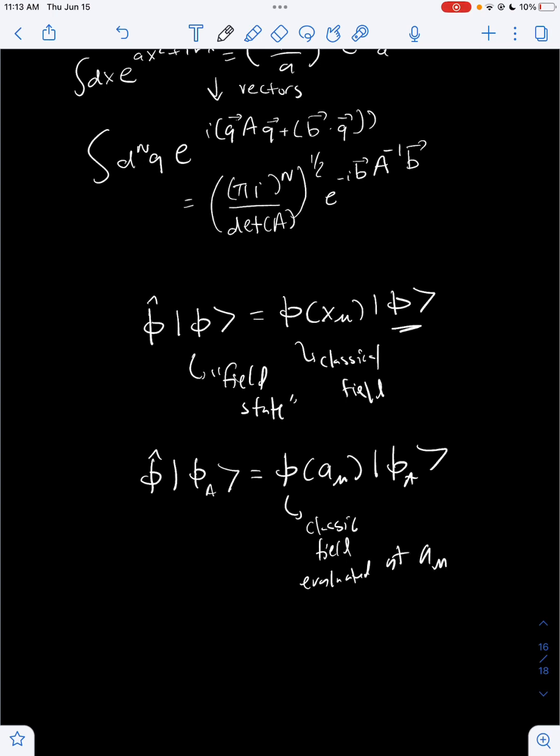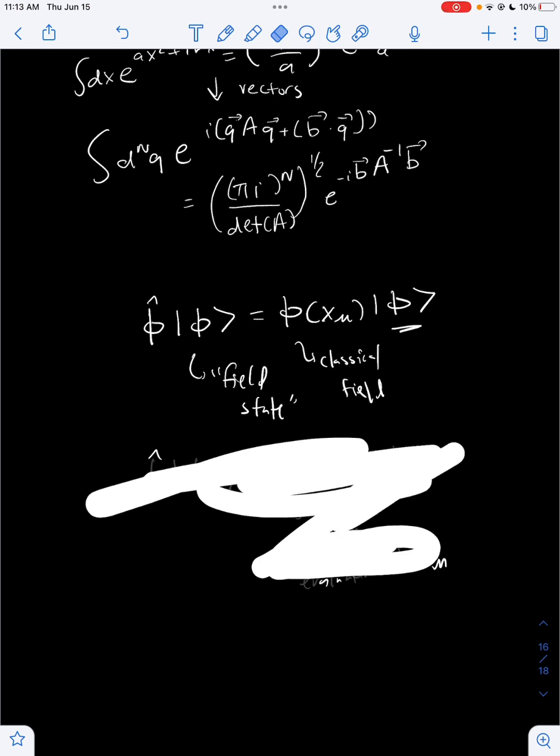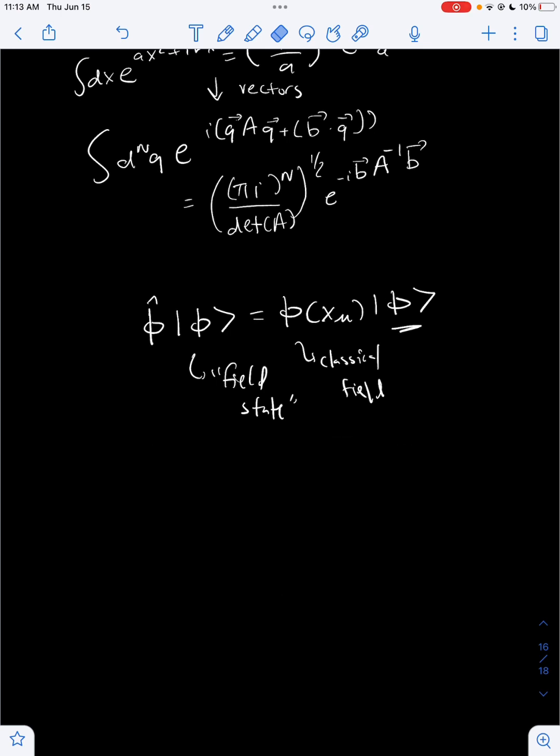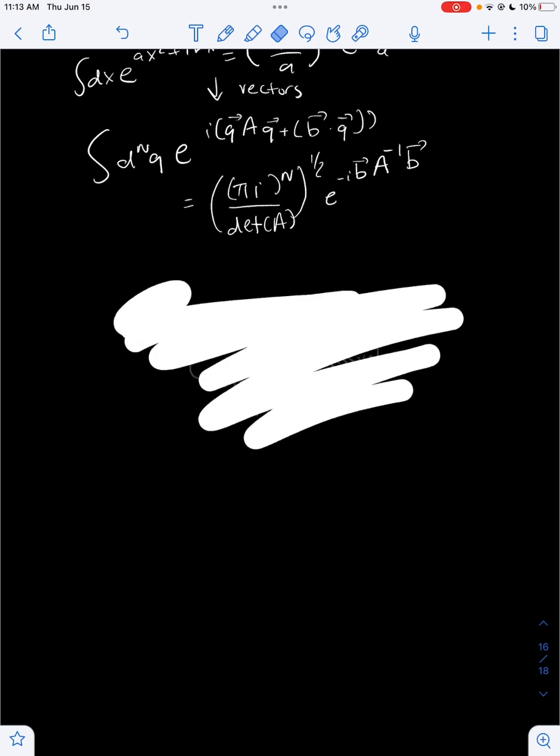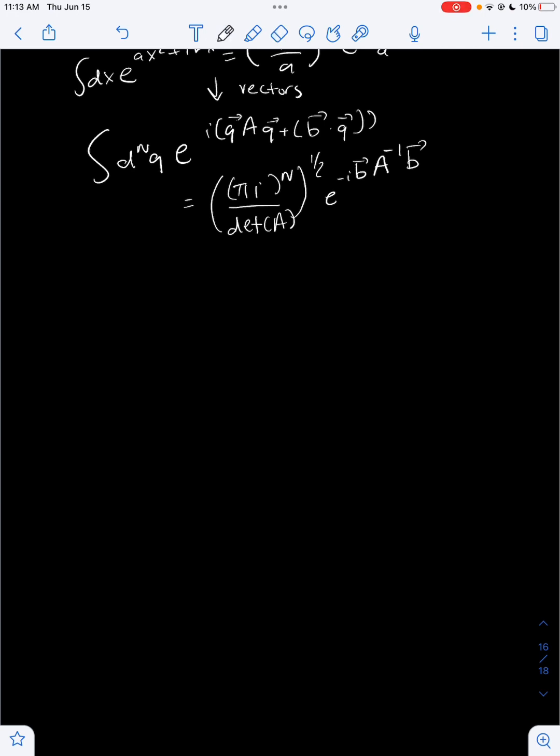So by introducing this sort of quantum field state formalism, we are able to describe fields at a particular range of positions. Just like how we could ask the probability amplitude that a particle goes from point A to point B, we can try to calculate the probability amplitude that a field state goes from phi1 to phi2, for example. And that's going to look like this over here,